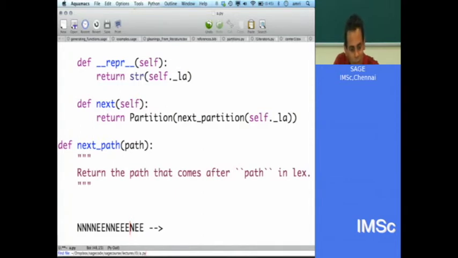So my guess is we would take this stuff and then instead of NEE we would write ENE.